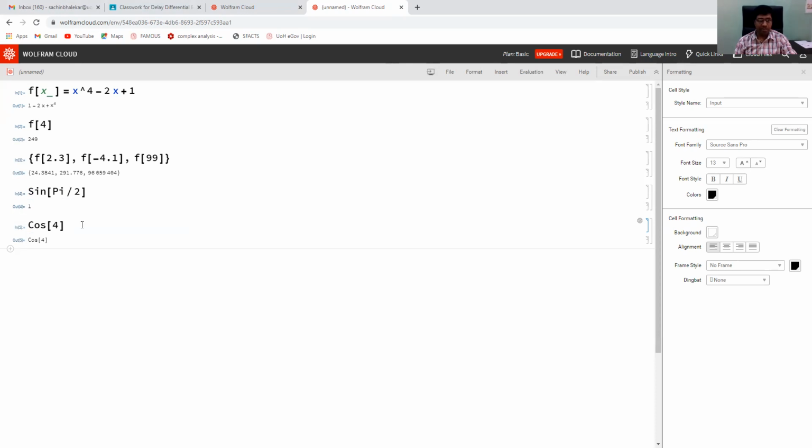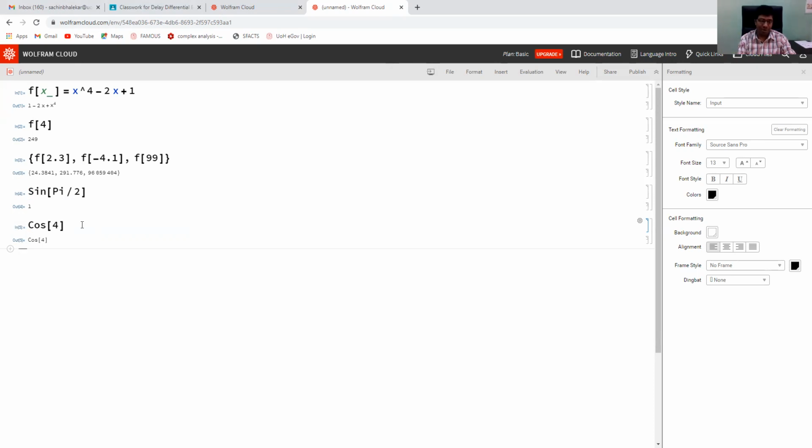Actually, Mathematica is very powerful and it can handle so many difficult tasks. It is not impossible, but you know that cos of 4 is an irrational number, and if we have some irrational number, then we cannot find its exact value. Its decimal expansion continues. It will not stop at any point. So what is the exact value of cos of 4? It is cos of 4 only.